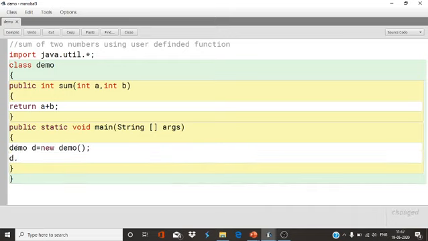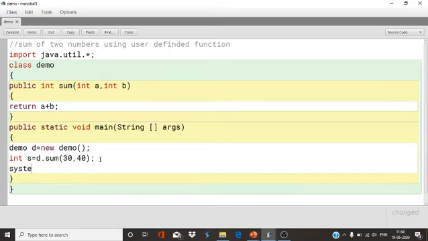Now call the method. So d dot sum and give the values 30 and 40, and the function is returning a value. This function returns the value, so you have to store it in a particular variable, int s. You can store this value and you can print it, System dot out dot println.